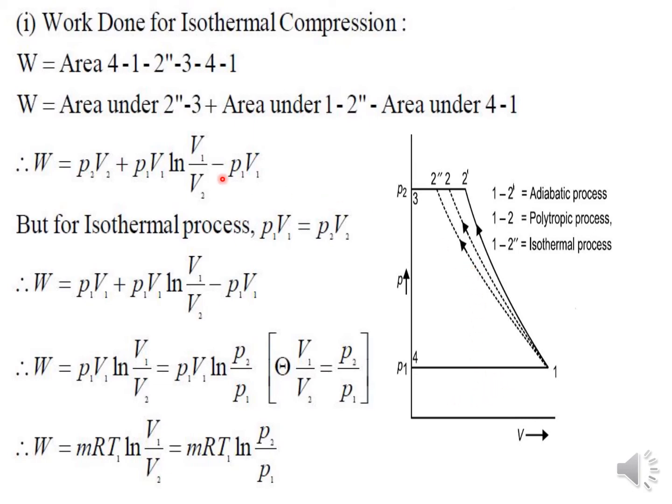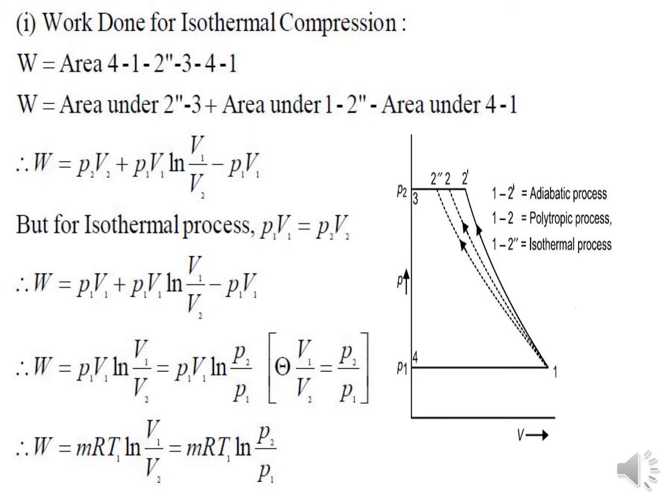In all three processes, whatever I want to calculate, this one and this one will remain constant, because they will be the same. 2 dash 3, if it is in the polytropic process, it will become 2 3; in the adiabatic process it will become 2 double dash 3. Here 4 to 1 is common for all the processes, so everyone should take care about this. Area under 1 2 dash: if I consider the isothermal process, I should use this formula only. And if I have a constant pressure, the product of PV will give you this one, right?